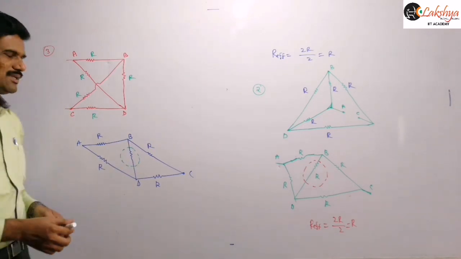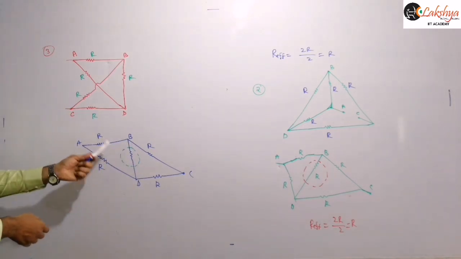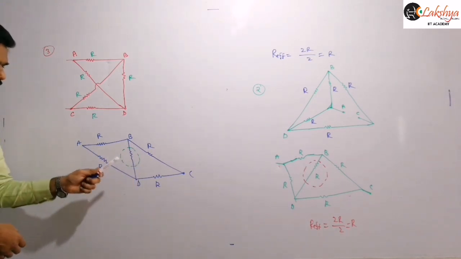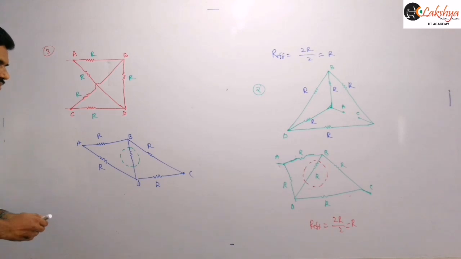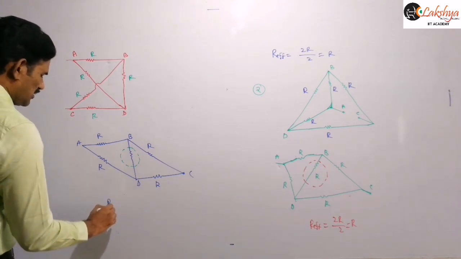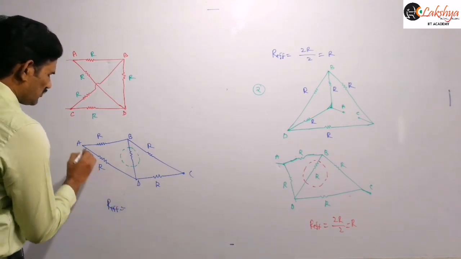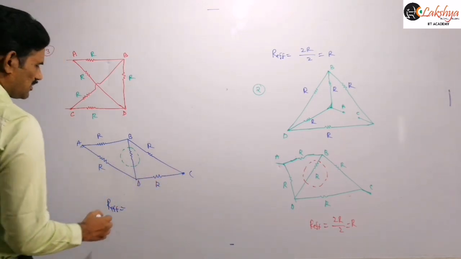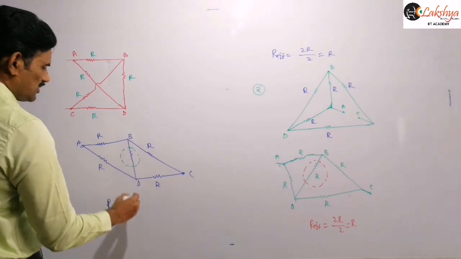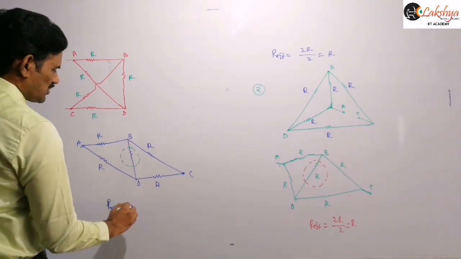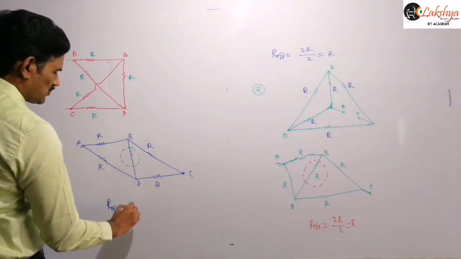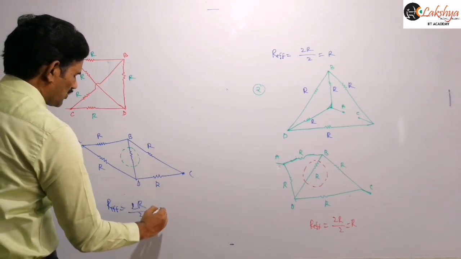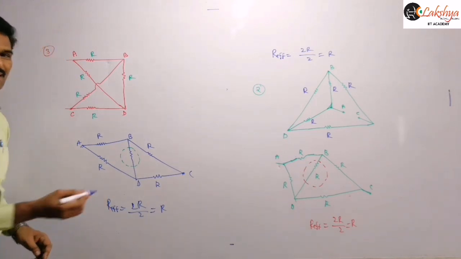Similarly here, if you remove this, then this R and R will become series, and this R and R will become series, giving the effective resistance. In all the cases we are finding the effective resistance between A and C. You need to remember that. You may mention in the beginning itself: find the effective resistance between A and C in the following circuits. Mention that as a standard problem. In all the problems, I am finding the effective resistance between A and C.